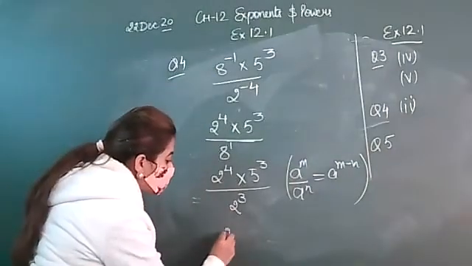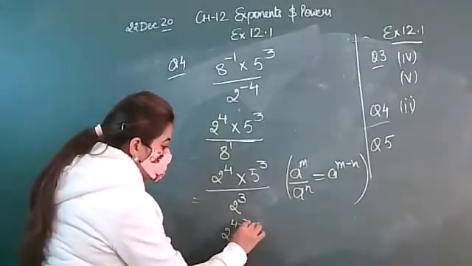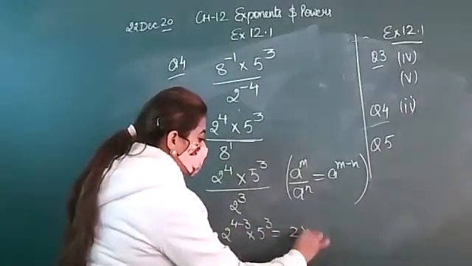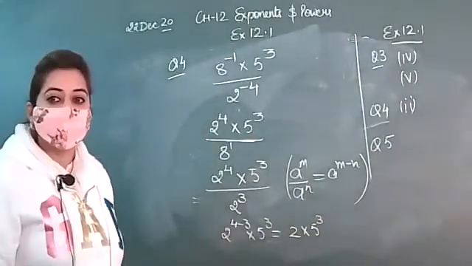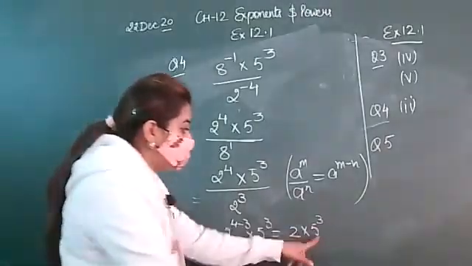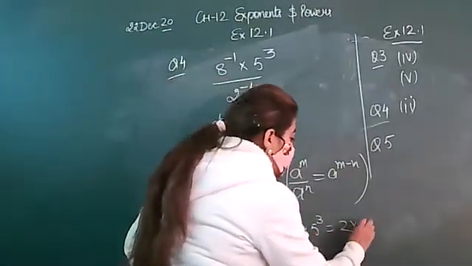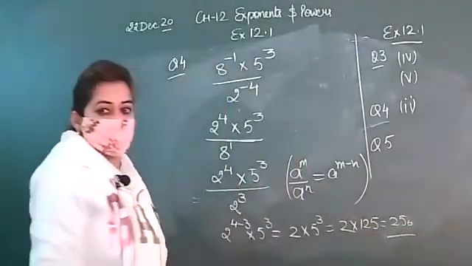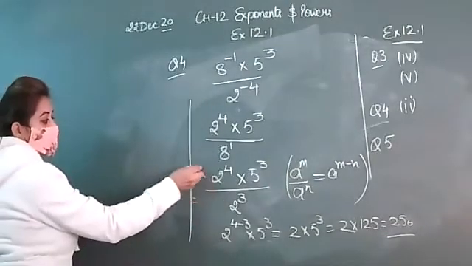So subtract the power, this will go in the numerator. 4 minus 3 and 5 cube will be same. That will give you 2 raised to power 1 into 5 cube. The question is to evaluate. Evaluate means to find the value. Now, if you solve this term, you will get 125. So after multiplication, you will get 250 as your answer. So this is one of the ways, and the another way I am discussing after this is,